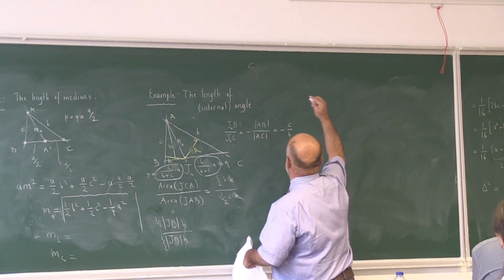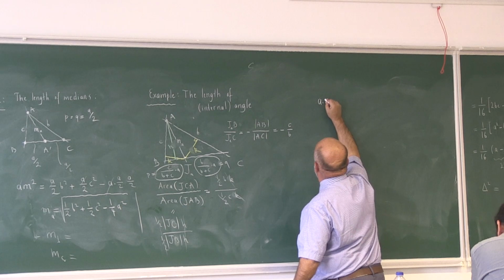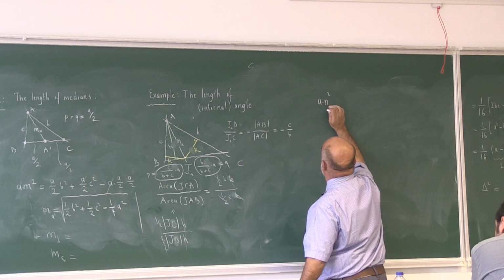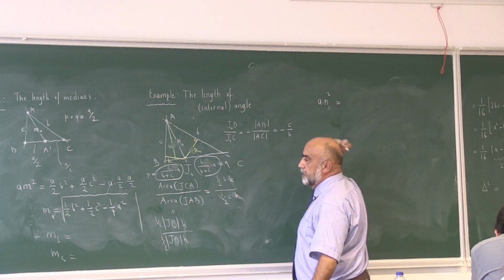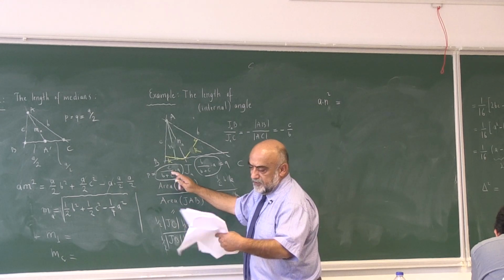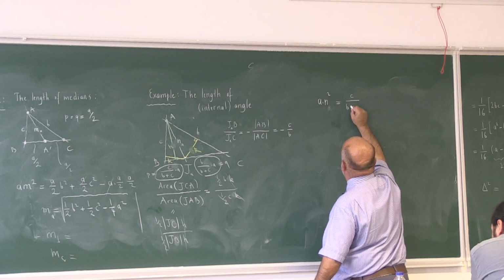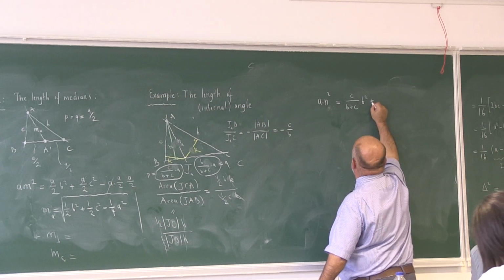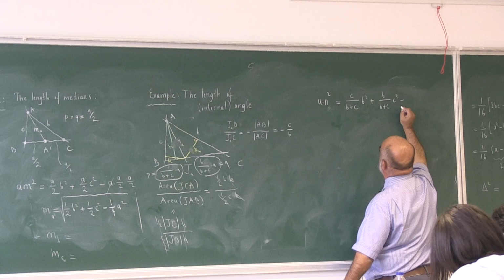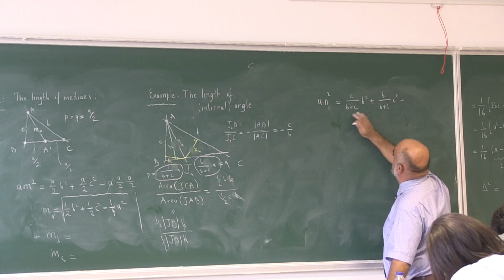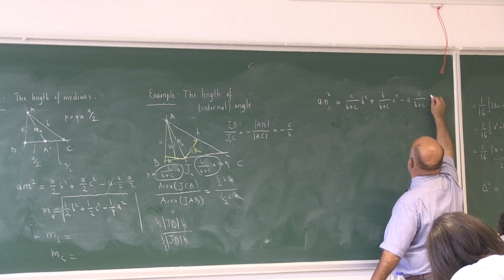So, Stewart relation. I would like to know the length of this thing, n squared, let me omit the sub A. It is equal to P times P times B squared. So it is C over B plus C, B squared, and Q times, which is B over B plus C, C squared, minus, of course, A times P times Q. So it is A times,